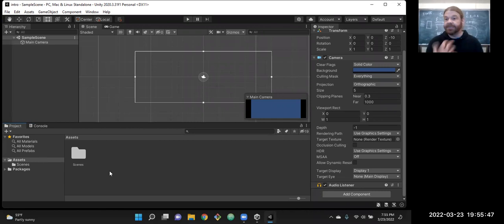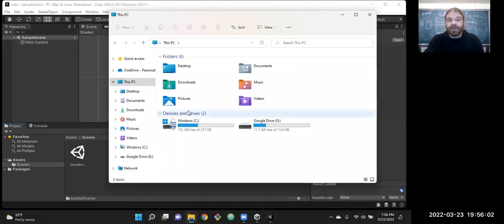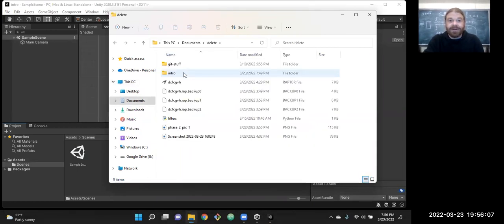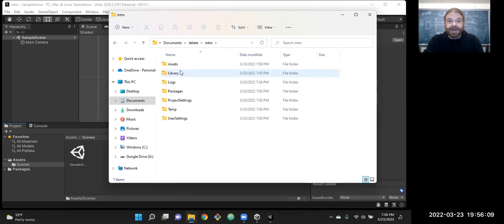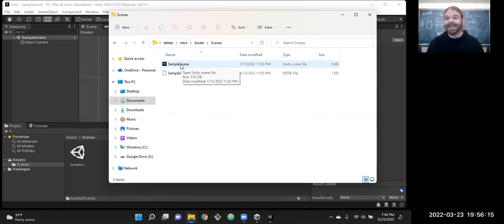And project is a file explorer. So your normal file explorer. Right now by default, there's an assets folder with a folder called scenes that has a sample scene in it. If I come over to the regular file explorer, go to where I saved this, and y'all probably already know where this is going, go in here, there's an assets folder with a folder called scenes that has a Unity scene in it.